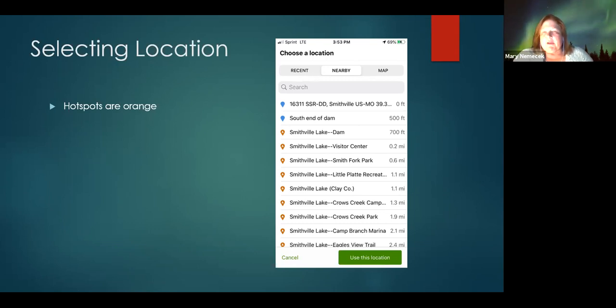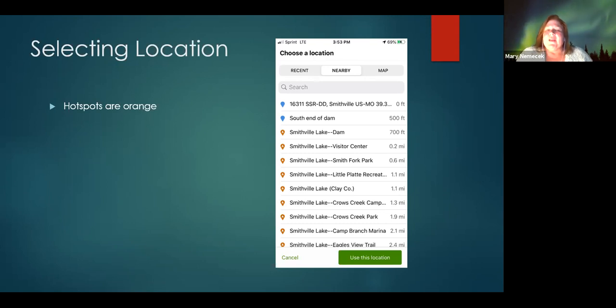If you go up and look at Loess Bluffs National Wildlife Refuge, there are all these blue personal locations because it's the first thing that comes up. People don't know. And they select that, and then you have to go in and merge your data with the hotspot for it to be there. And one day I made a goal that I was going to clean up all of these personal locations and these hotspots, and then I gave up because it was just a little bit overwhelming.